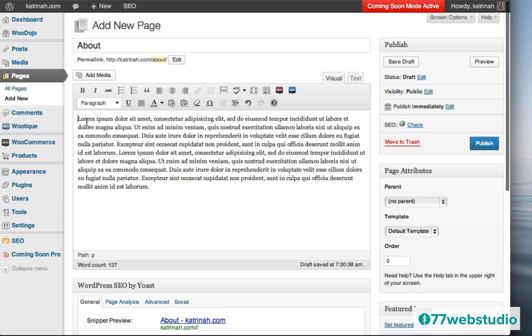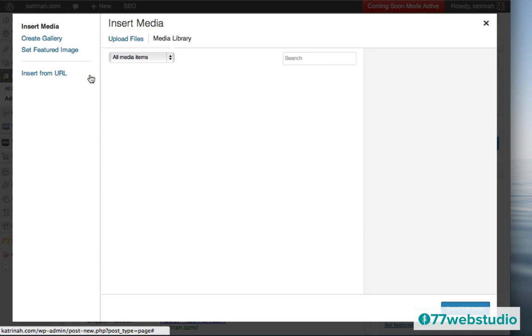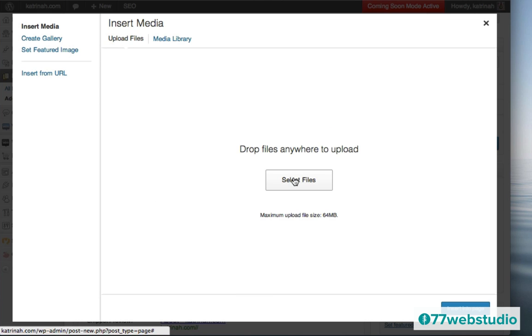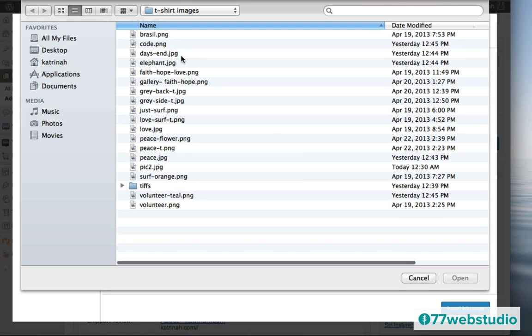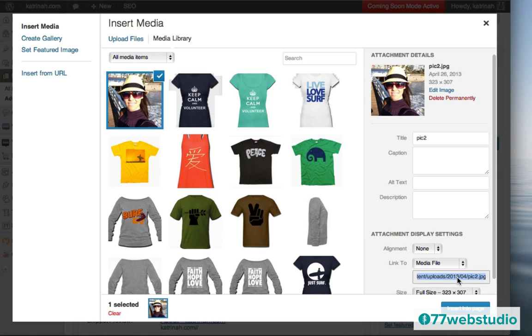So to add an image on the About page, I'm going to place the cursor right where I want it, right here, and then I'm going to click on Add Media to add an image. Now I'm going to upload a file by clicking on Upload File. I'm going to select the file, and then I'm going to find the image that I want. So I'm going to choose this image here, and then I'm going to click on Open to open this image. And here we see this is the image that will be displayed right next to the text on the About page. So you can give it a title if you'd like.